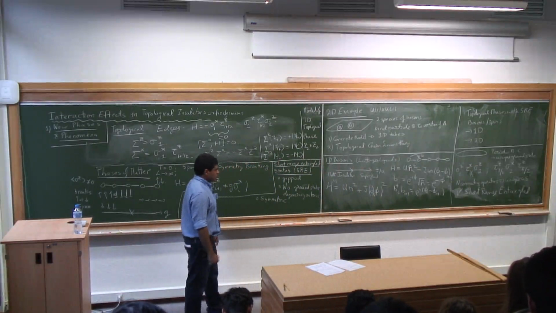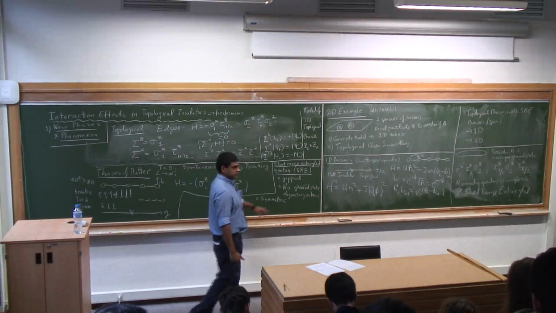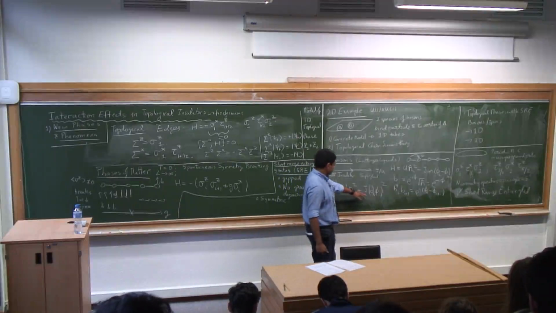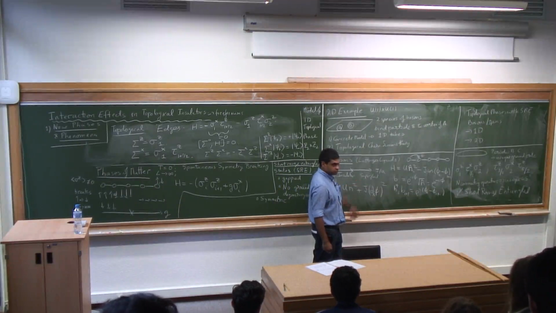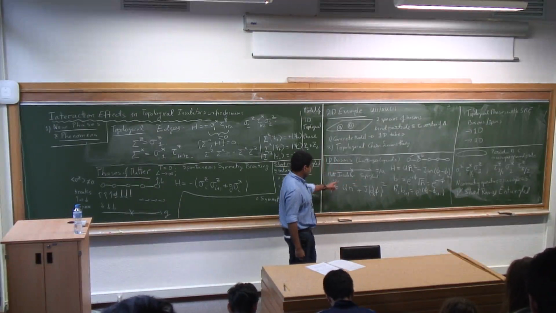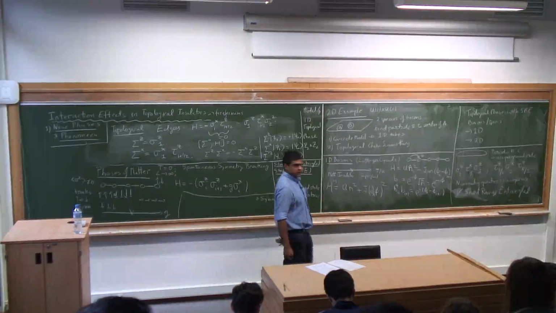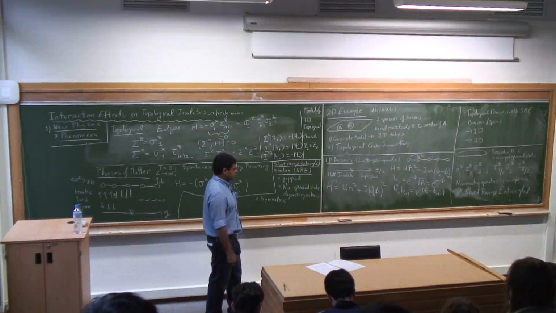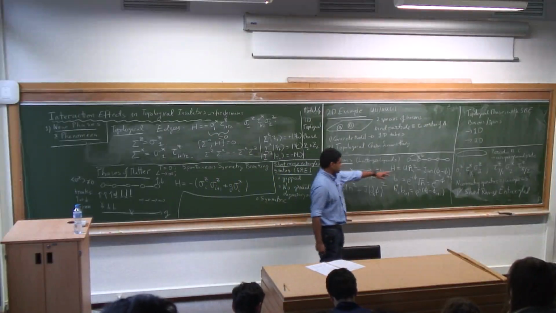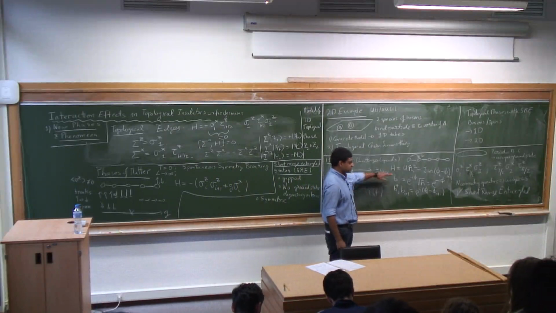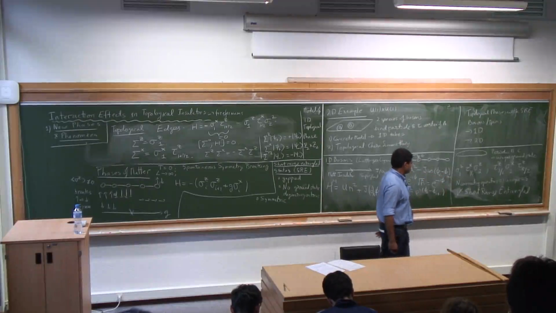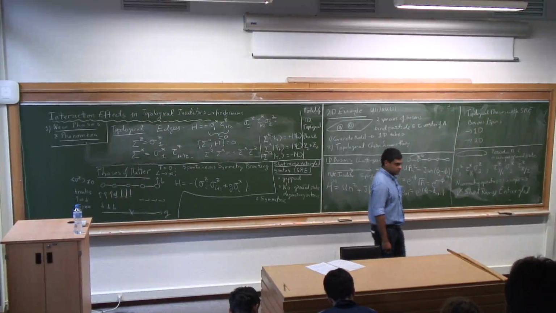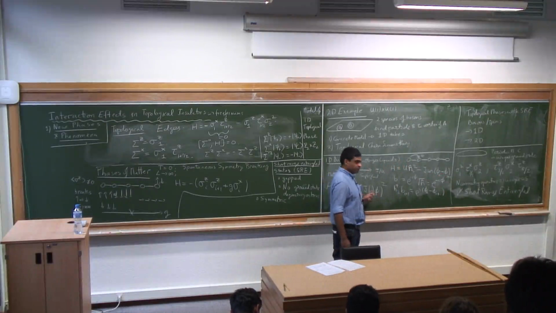Now the problem with this model is that it can only give you the superfluid. There's only one phase in this model, regardless of what the ratio of these parameters are. You're always in the superfluid phase. Superfluid just gets weaker and weaker the larger the U is. And the reason you only have one phase is that you throw away too much when you expanded this cosine. You throw away the fact that you can have vortices. When you have a cosine, you can have phase rotation by 2 pi. It forgives that kind of phase rotation, whereas this gradient doesn't forgive a 2 pi rotation. It will penalize a 2 pi rotation.